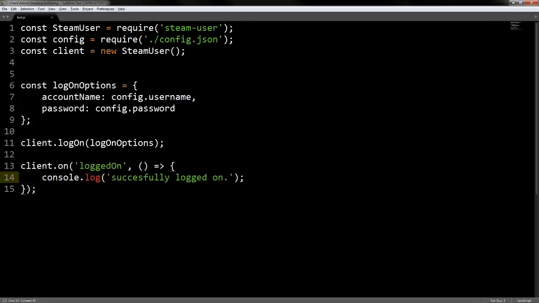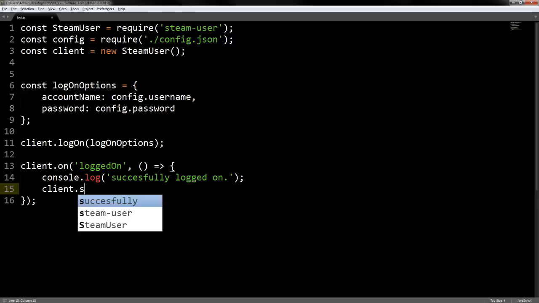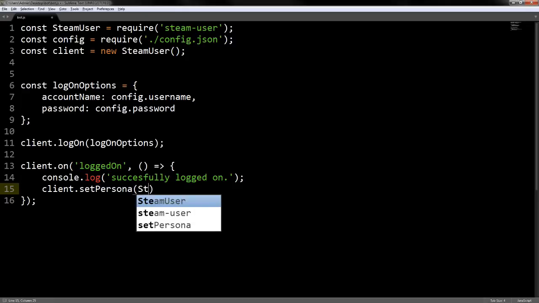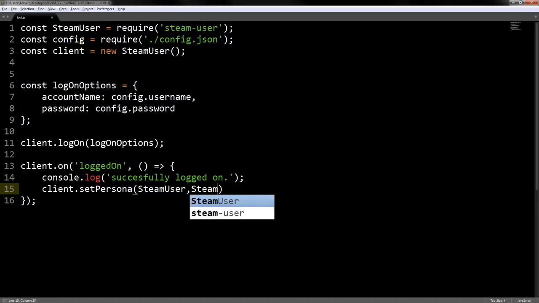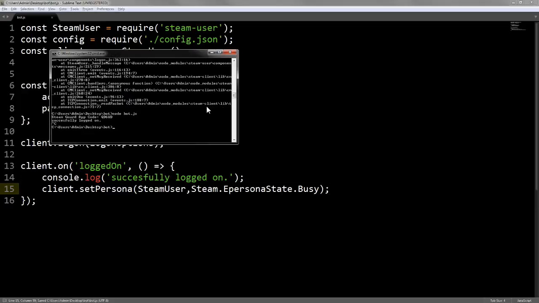So for the last part, we just want it to do something when it logs on. So we're going to go ahead and type, let's say, client dot set persona, which is either the name or the status of the user. So we're just going to type steam user dot steam e persona state, and let's just go with busy. You could do online, away, looking to trade, or anything like that. So we're going to type busy and see what it does. So theoretically now it should log in. So we're going to close that, run it again, pull the SteamGuard app code, whoops, paste it in,